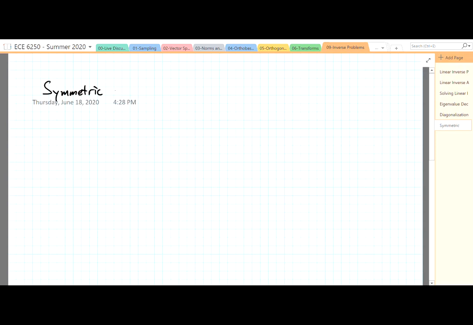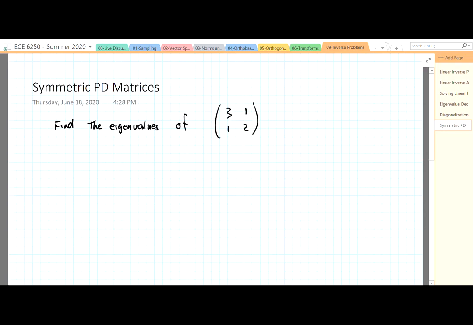So today we're talking about symmetric positive definite matrices. But first, I want to give just an example of computing eigenvalues. So let's assume that we want to find the eigenvalues of this matrix 3, 1, 1, 2. It's symmetric, and